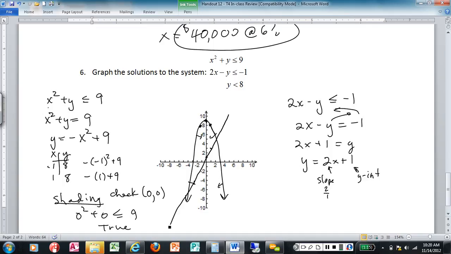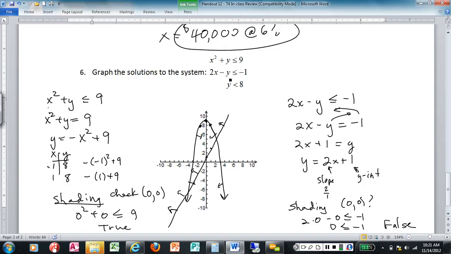The shading on it, checking 0, 0. Does 0, 0 work? 2 times 0 minus 0 is less than or equal to -1. 0 is less than or equal to -1. False. What does that tell me? That tells me to go to the other side, away from 0, 0, so that would be above this one, wouldn't it? So it's above the line and below, so right now it's the inside of the parabola and above the line,